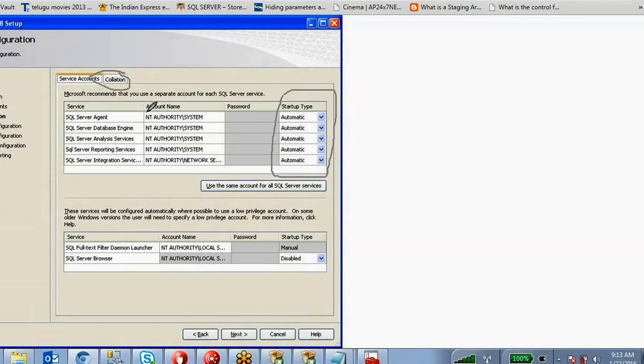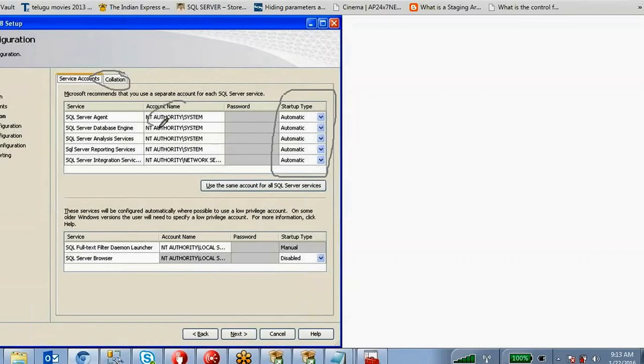See, this installation and all these things are not our responsibility as an MSBI developer. This is the responsibility of the database administrator. They will install, they will configure, and they will give the login permission, username and password to you. You are a developer, you are not a database administrator. This is just for demonstration purposes, if you want to install on your machine. Okay, right. So this step is over.